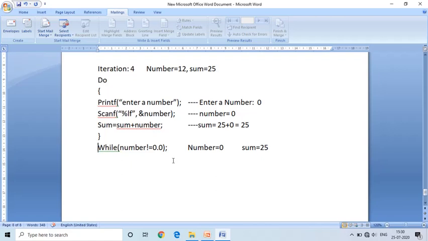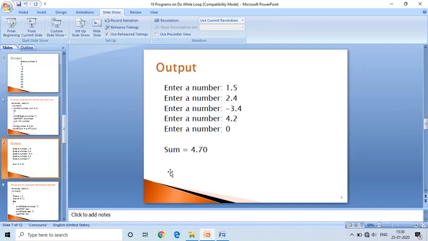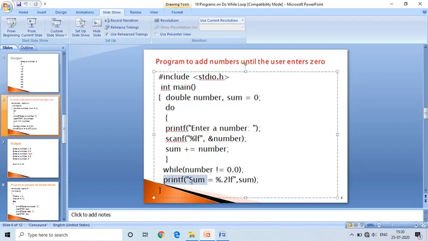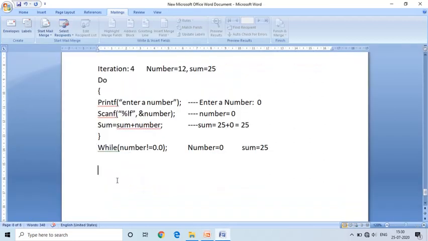After exiting the do while loop, the next instruction is printf with percentage f and sum.